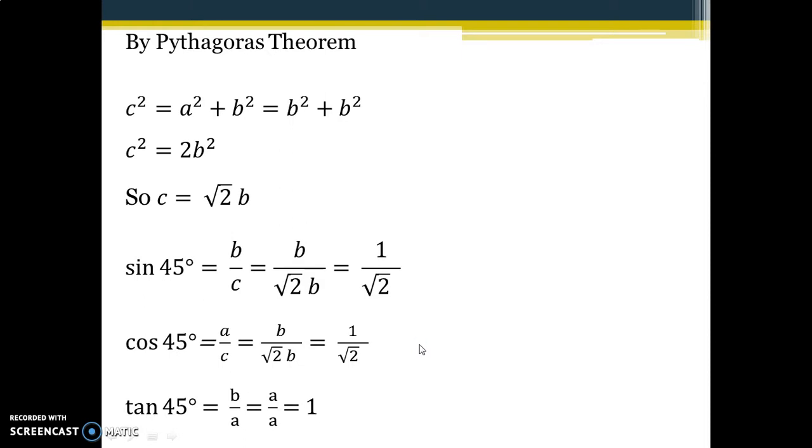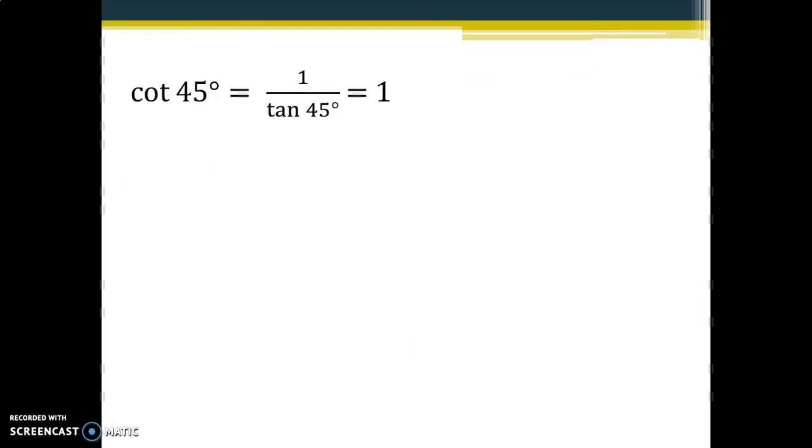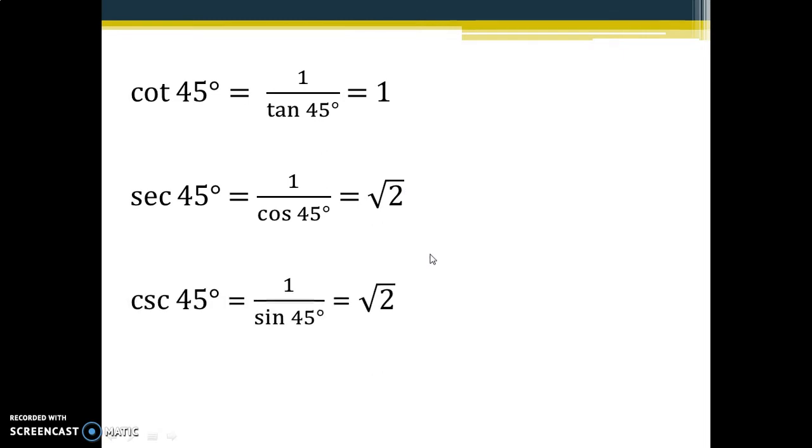Now moving on to the other trigonometric ratios, they are the reverse of the previous trigonometric ratios. Like cot 45 is 1 upon tan 45, which will be equal to 1 because tan 45 is also equal to 1. So cot 45 will be equal to 1. Similarly, sec 45 is equal to 1 upon cos 45. Since cos 45 is 1 upon root 2, sec 45 will be root 2. Okay, the reverse of cos 45. And again, cosec 45 is equal to 1 upon sine 45, and since sine 45 is 1 upon root 2, cosec 45 will be root 2. So in these 3 slides we have found all the trigonometric ratios for the angle of 45 degree in a